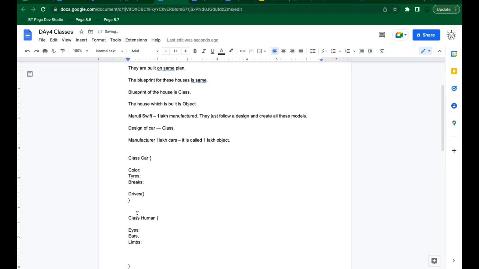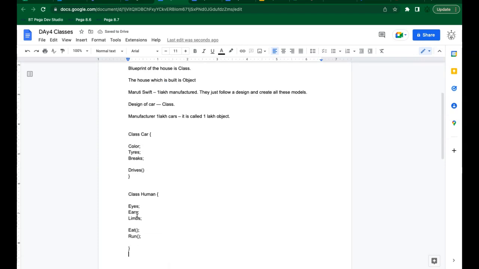They do have limbs. And humans can eat, yes or no? They can run, right? Are you able to understand what a class looks like right now?